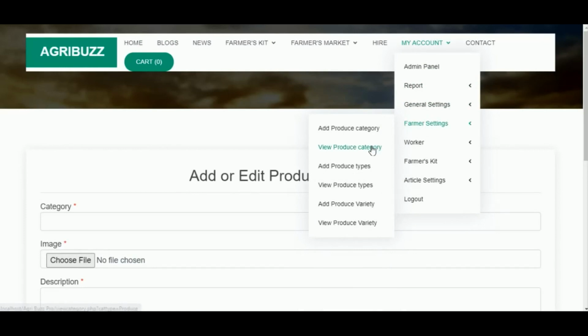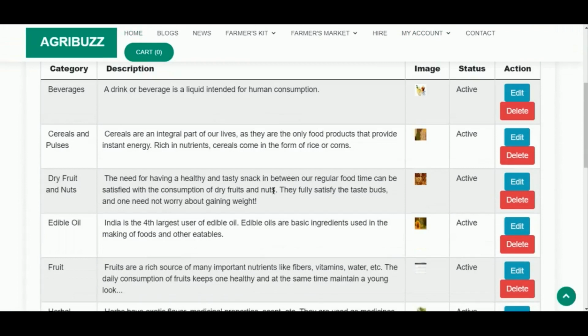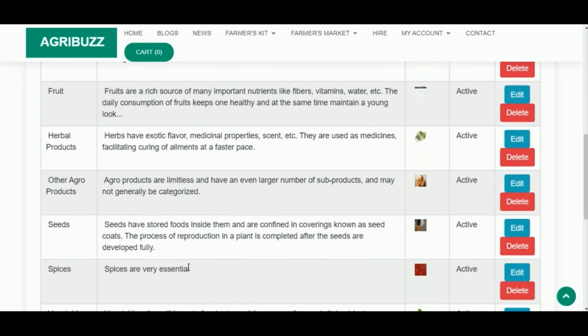All the added produce categories can be viewed under View Produce Category, and it also has the actions Edit and Delete.